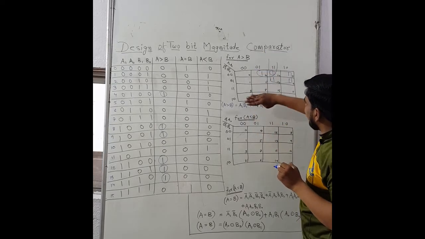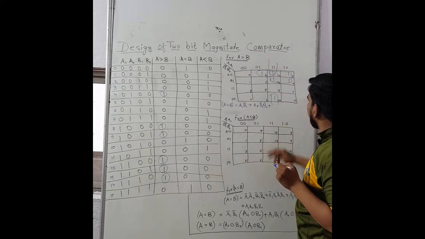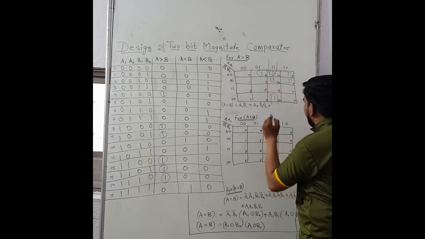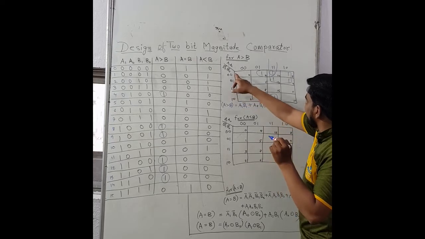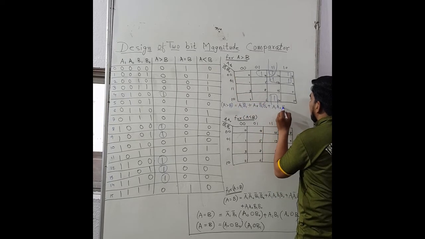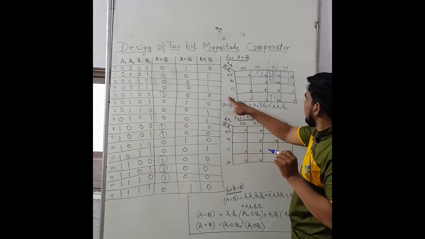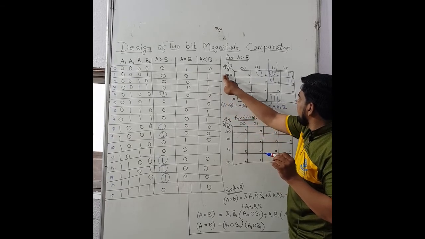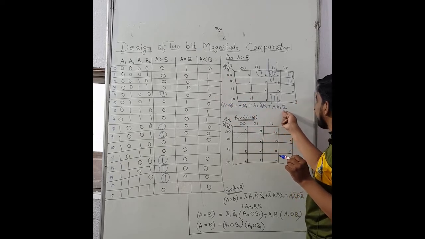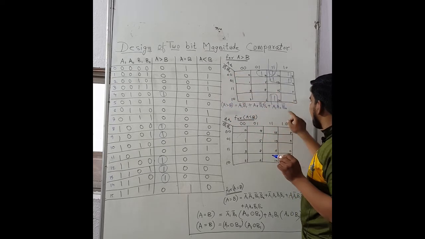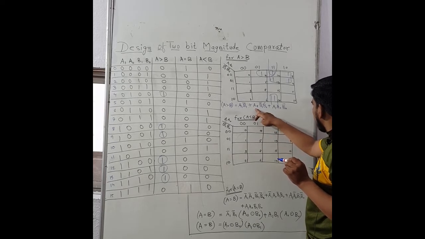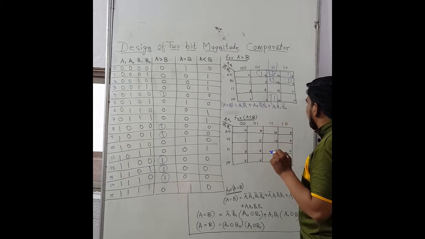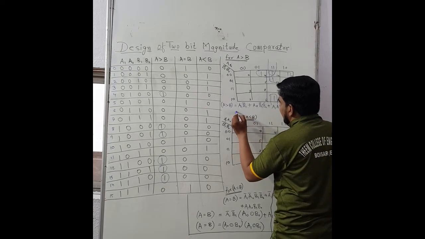Okay, in this way we can fold the Karnaugh map, and from the upper side we are getting A1 A0, and from this side we are getting B0 bar, because B1 bar and B1 will get cancelled, we are getting only B0 bar from this side. So this is the output expression. Can we reduce this expression? Yes, A0 and B0 bar we can take common.